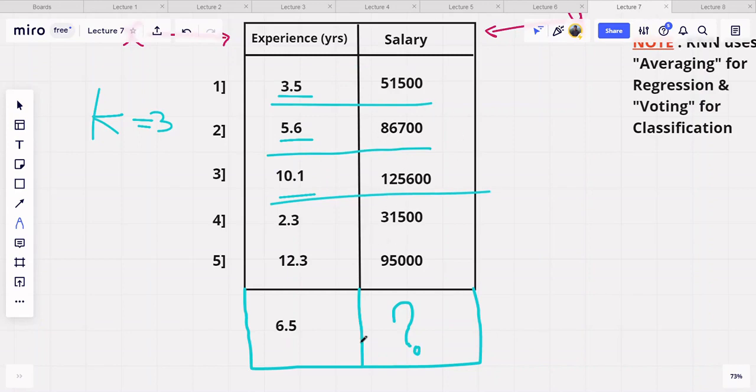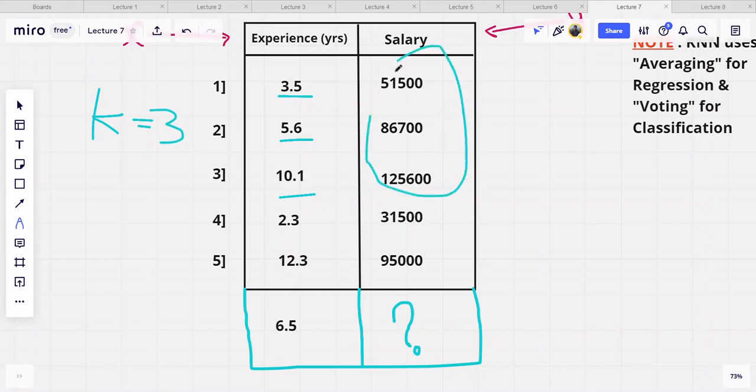Here we can see that 3.5 years of experience has a salary of 51,000, and 5.6 years of experience has a salary of 86,000, whereas 10 years of experience has more than 100,000 salary. So what we'll do is take an average of this. It's very simple. We'll add them up and take an average. Let me write this here. So y is equal to